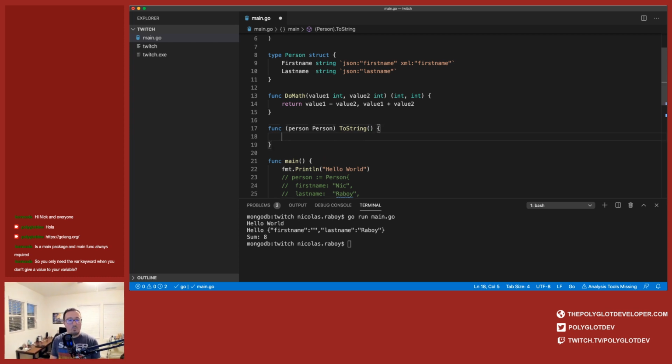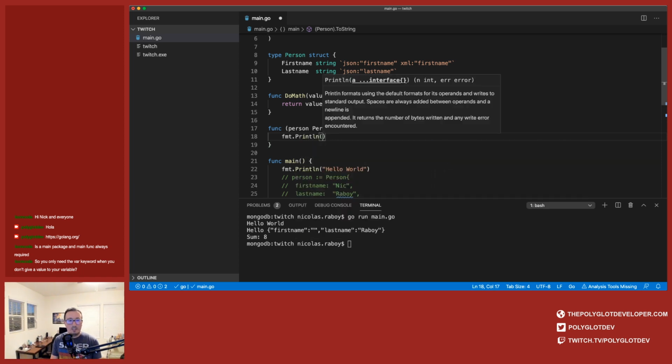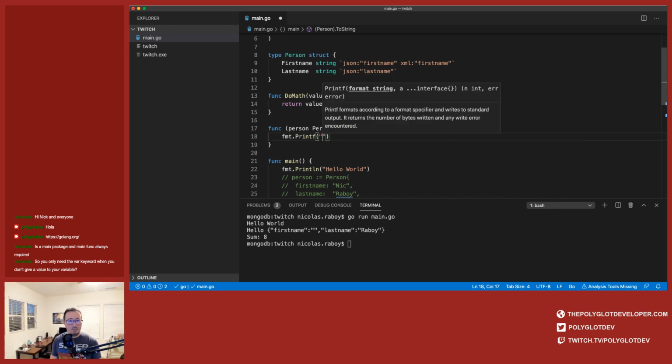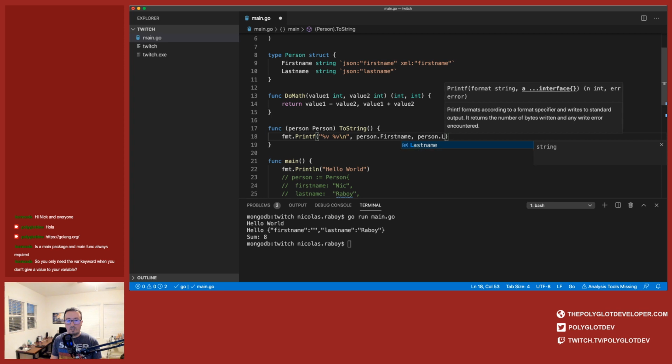If I wanted to, I can say fmt print line person, or even better, instead of print line, this is printf. This is going to be %v and %v. Notice I added a space in there, and I'll do a new line. And we'll say person dot first name, and person dot last name.